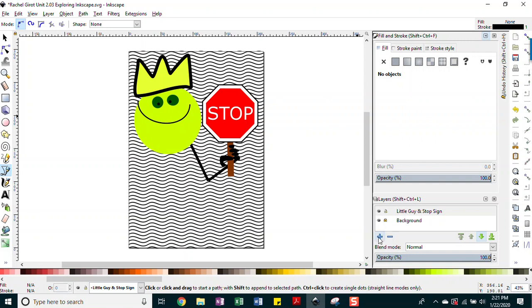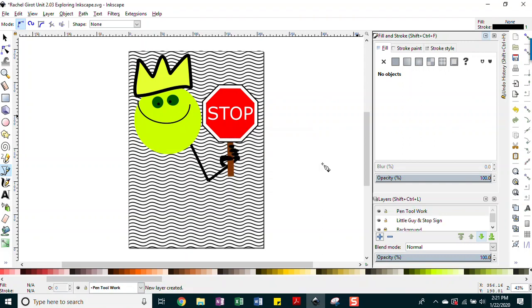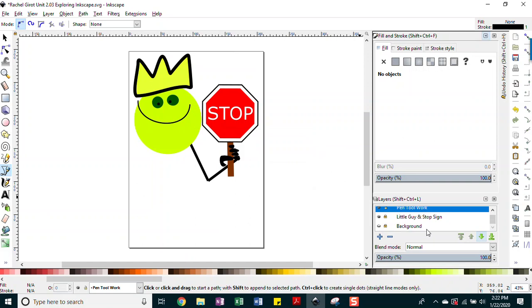click over in your layers and add a new layer and call that pen tool work, so it's on its own layer. It's up at the top. And I'm going to lock my other layer, and maybe I'll get rid of the background for a minute because it's a little distracting. And I'm just going to go click, click,